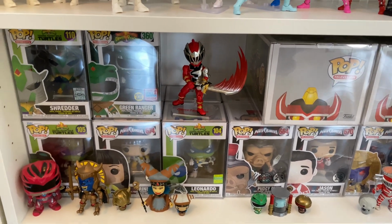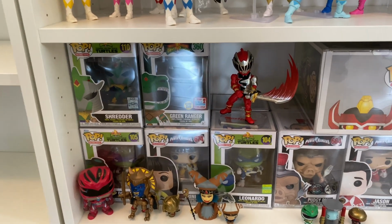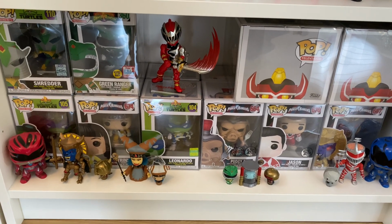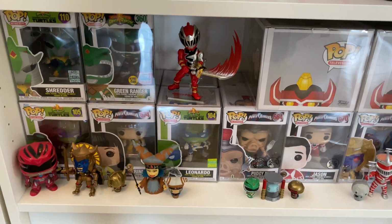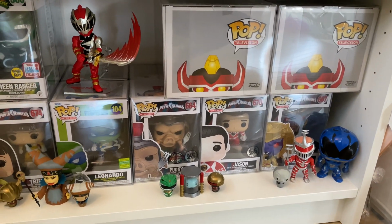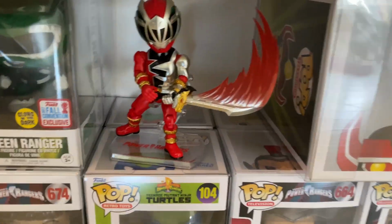So I've got all of the bad guys except for the pumpkin wrapper, all the unhelmeted ones, all of the Morphin exclusive ones, and I think I just need the standard black and pink ones, so just waiting on them. They're not massive on top of my priority list. I never intended on collecting these, it was only that I got some as a gift and I couldn't help myself into finishing them. So I've got all my little silly bits at the bottom there